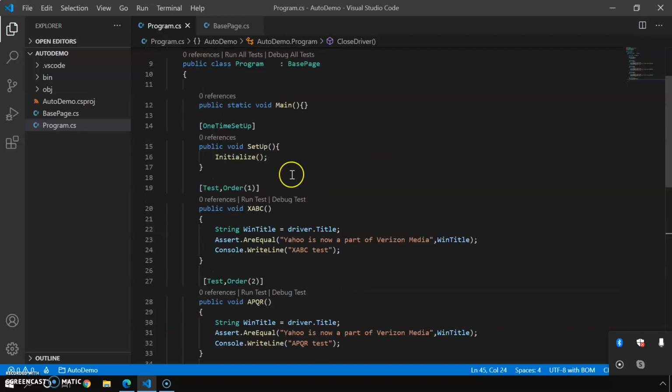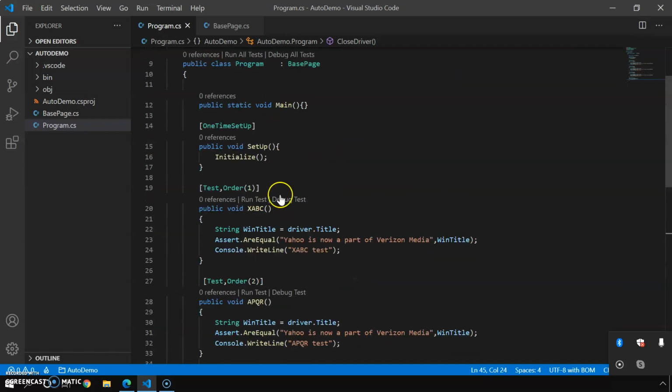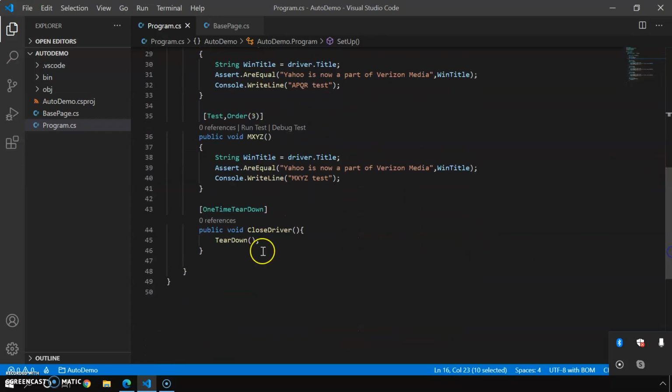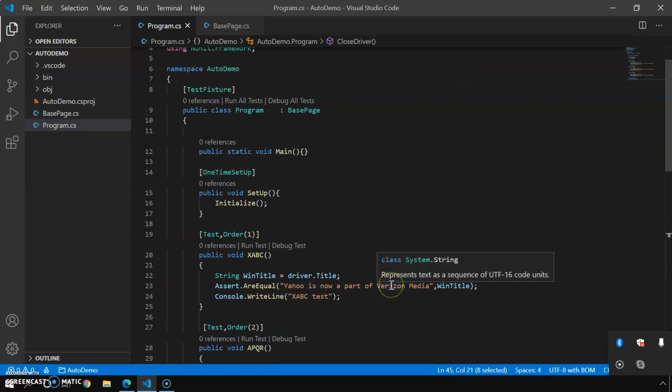We still use one-time setup and one-time teardown. So if you see here in setup, we are calling initialize, and in the teardown, in the close driver method, we are calling teardown. Both are from the base page. So now